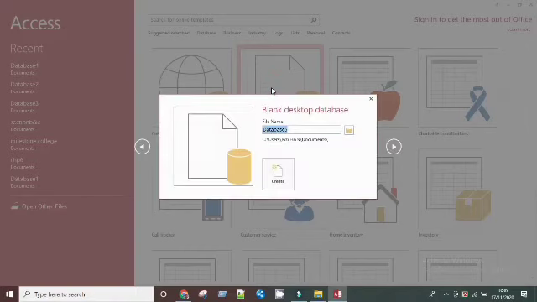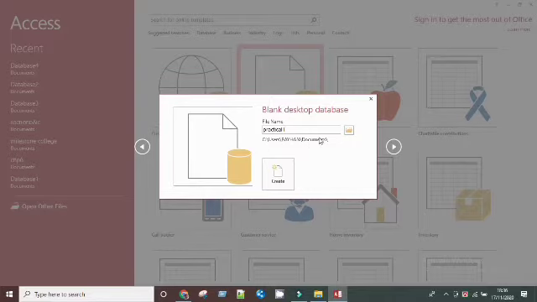Just click the option called blank database, and in here you will be able to see the file name. This is the name of the database you are going to keep, so here you need to give the name of the database.